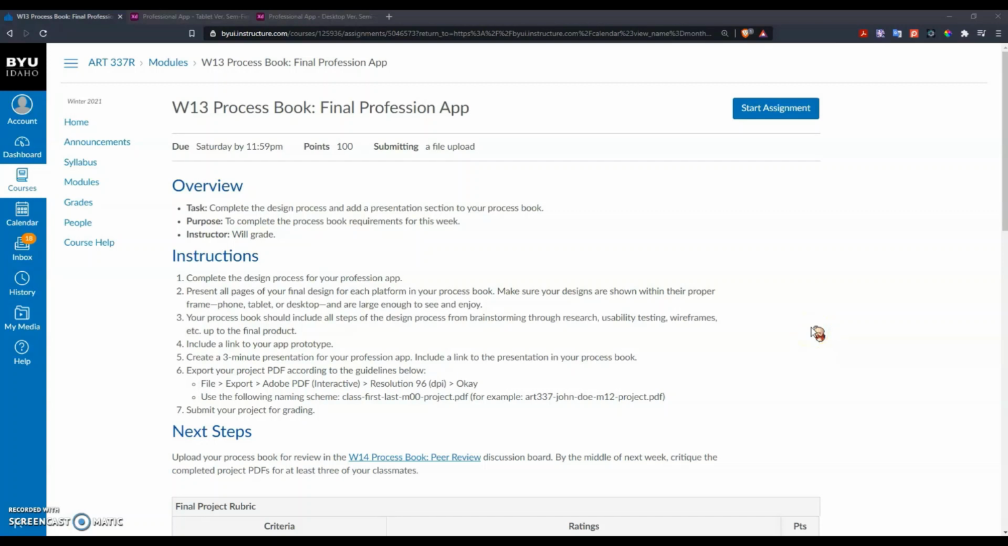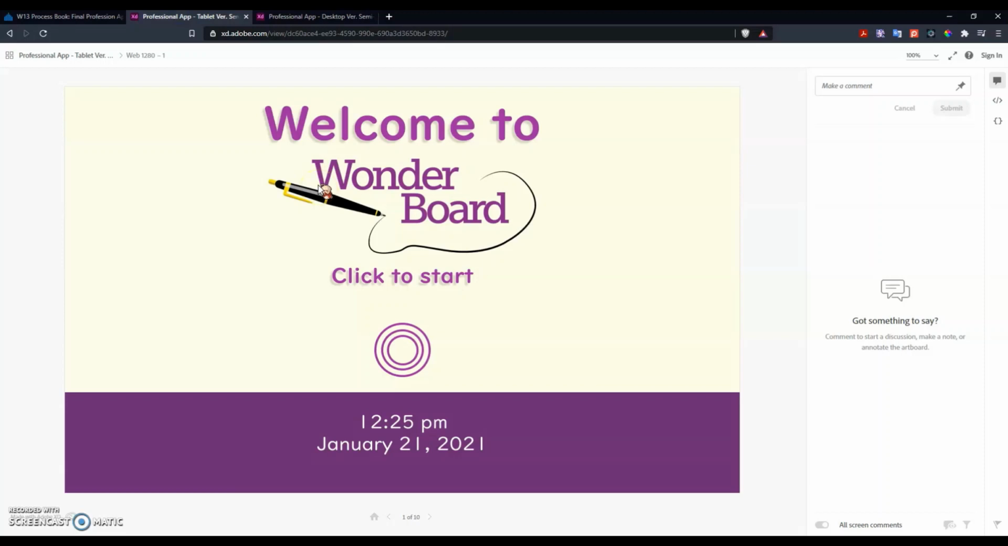This is my final presentation for Art 337R Interaction Design. So the application I decided to go with is an education app called Wonderboard that acts a lot like, well, at the very least, I took a reference from Canvas that you'll see here, except my app is made for K through 12 students. So moving forward, this here is going to be the tablet version that we're going to